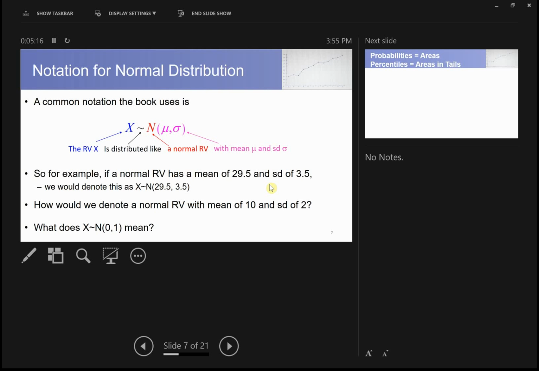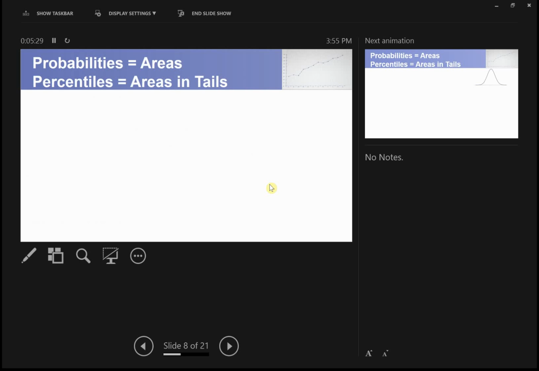Right. So we say that x is a normally distributed random variable. It has a mean of 0 and a standard deviation of 1. Okay. So we're going to be using that notation now and then. It's really handy. Okay. So a really important thing that we're going to emphasize a lot is the fact that